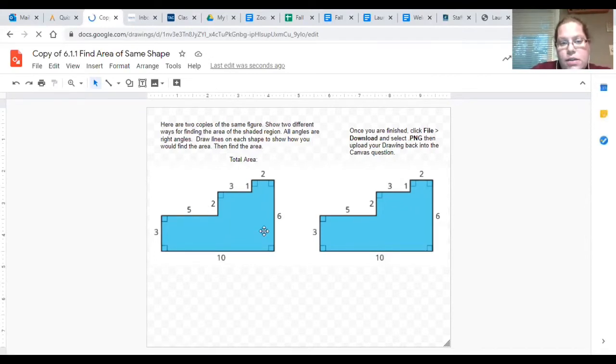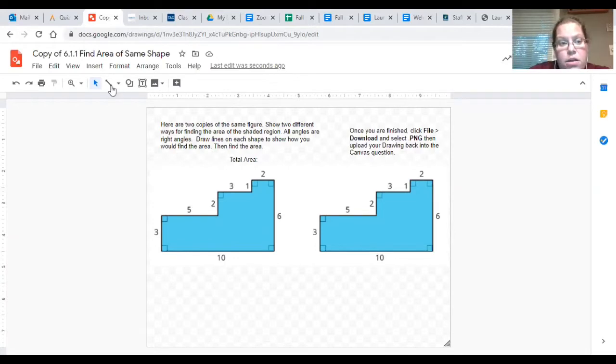Now notice that it said to show 2 different ways that I can find the area of this shaded region. So these are irregular shapes, in the sense that they're not perfect rectangles or perfect squares. So I can't just do area equals length times width. If I do 6 times 10, that's implying that I have all this space up here taken up, and I don't. So I have to take this shape and break it into smaller shapes that I know how to find the area of,